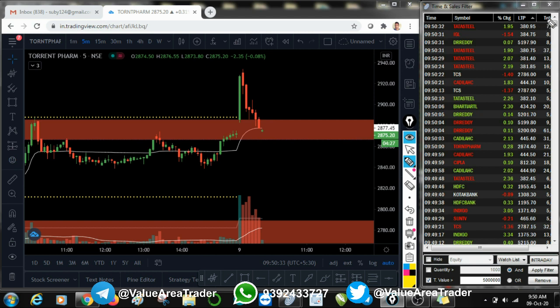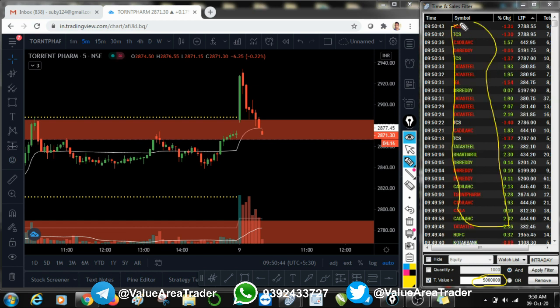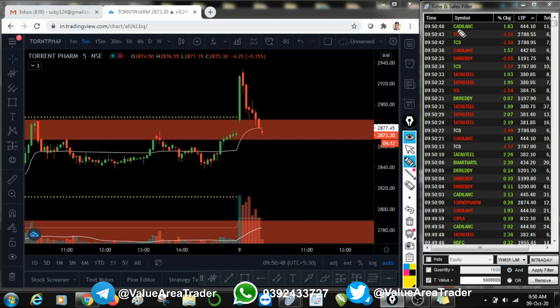What is the transaction value that I have set? The filter is 50 lakhs. So whatever orders get executed that are greater than 50 lakh will show on this screen. And mostly all these stocks are from the FNO section, that is futures and options, right? So we'll be taking trades based on whatever is coming here. That means wherever the interest is getting generated, wherever some big order is getting executed, we'll be taking trades based on that. So now let's go and check.